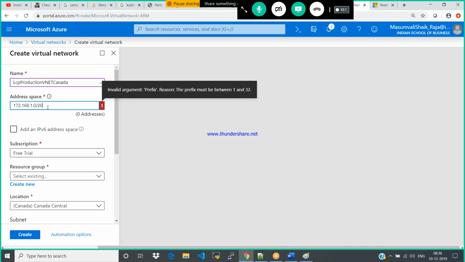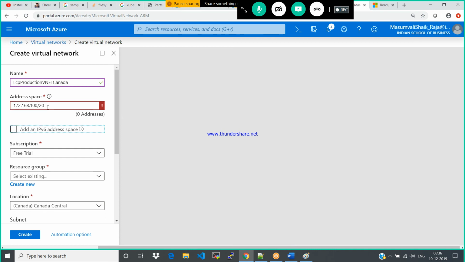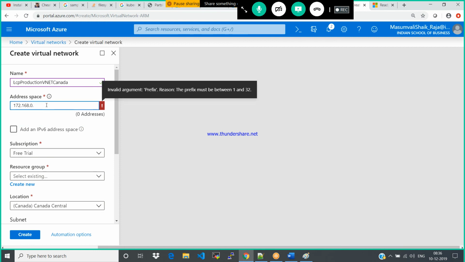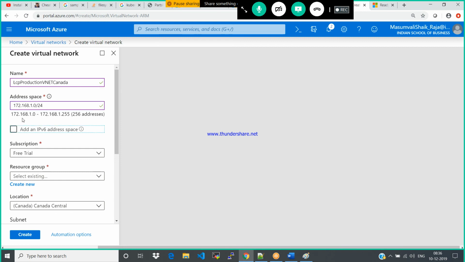So how can I work this out now? Then how? Sorry. /24. Then it generates the IP addresses from 1.0 to 1.255, with 256 IP addresses. Clear?